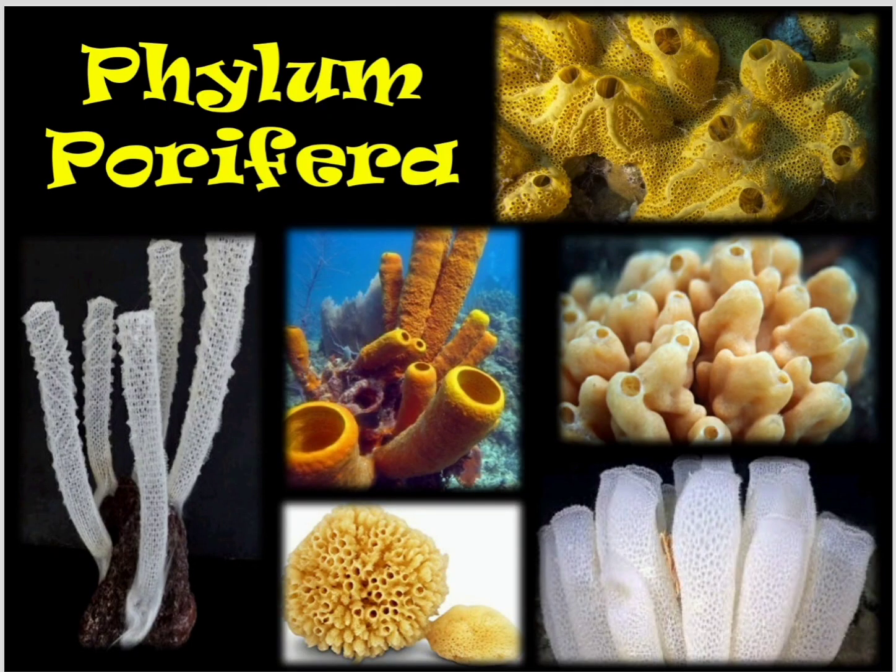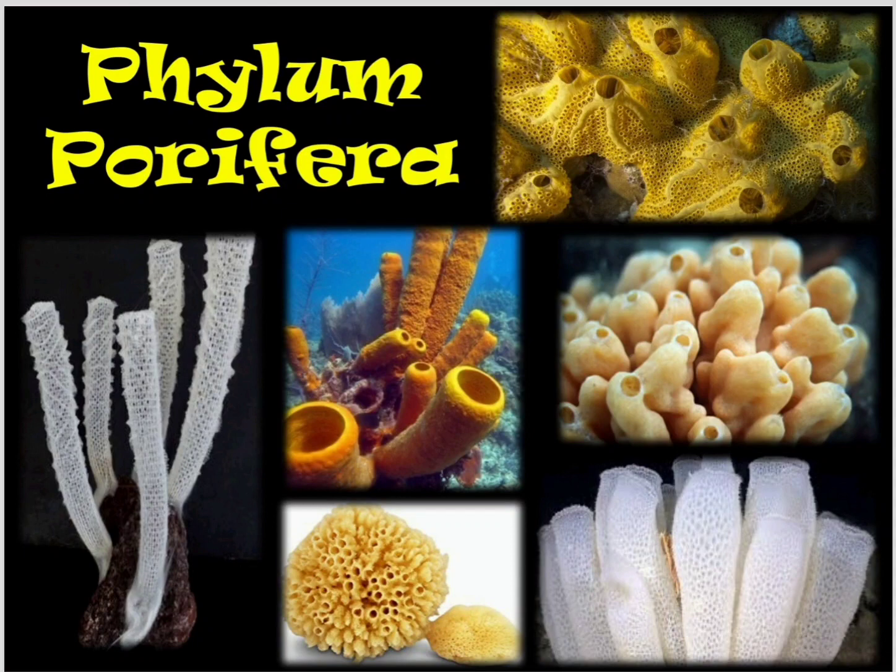So we begin with our very first phylum, which is phylum Porifera. The pictures that you see over here are of the different animals which belong to this phylum. These animals are with the simplest body plan, and they are usually known by the word sponges. They are called sponges. Now they bear numerous pores on their body. You will see that there are a number of holes which are present on the body, and these holes are called ostia, or oscula.